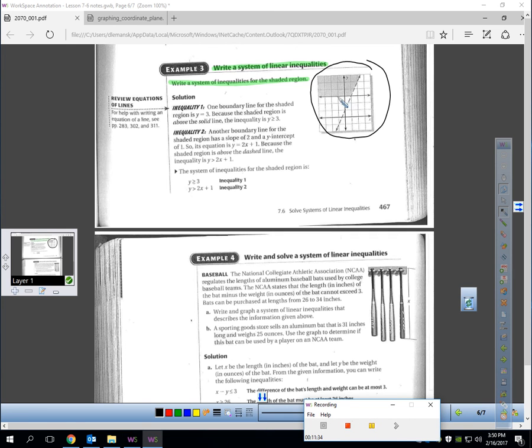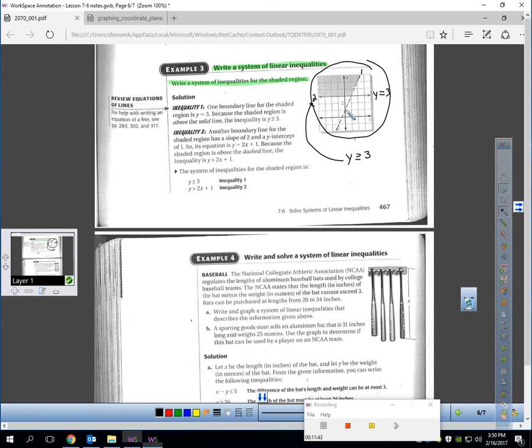Let's first of all look at, can you see how this shaded region is bordered by two borders? One here and a second here. This equation or inequality should be easy. It's a horizontal line at y equals 3, and it's the values above. So y greater than or equal to 3 would be inequality number 2. Inequality number 1,